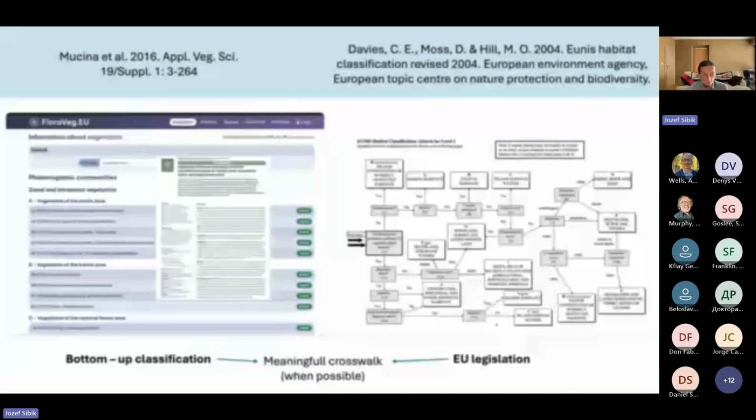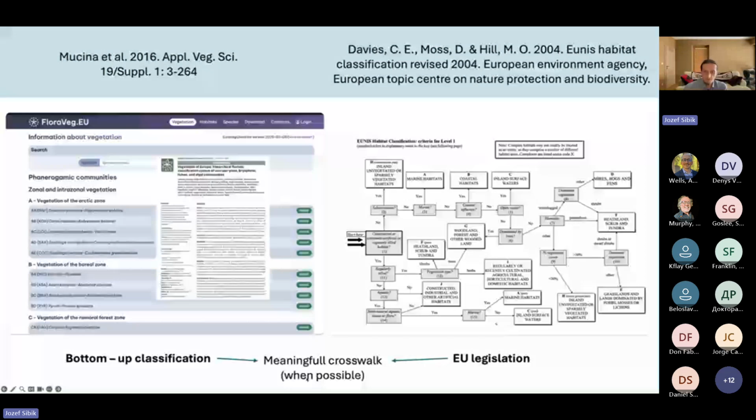This FloraVeg web page synthesized more than 100 years of knowledge. And this was also utilized in EU legislation because there was a unit system based on the Braun-Blanquet approach, somehow modified with a meaningful crosswalk when it is possible, of course. But this is just an example of how this kind of information can be useful even in legislation processes in some